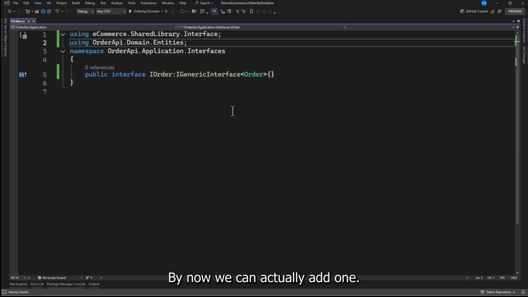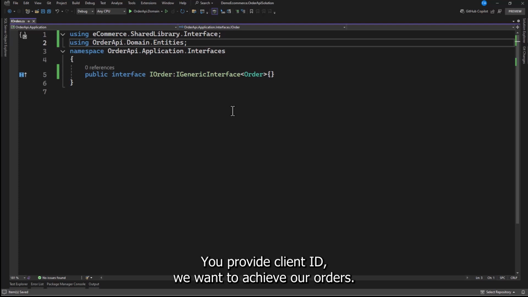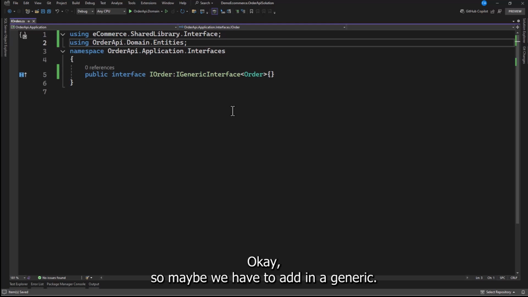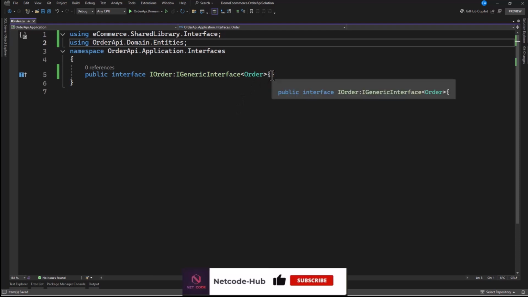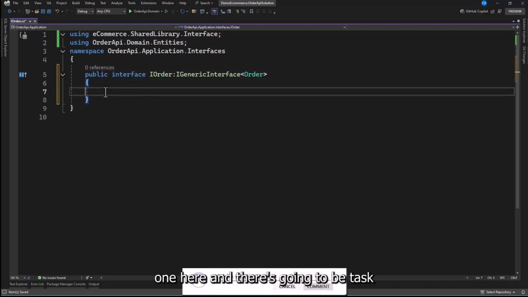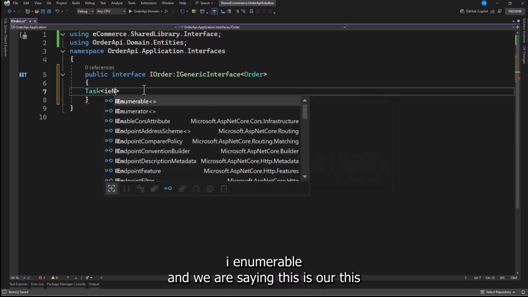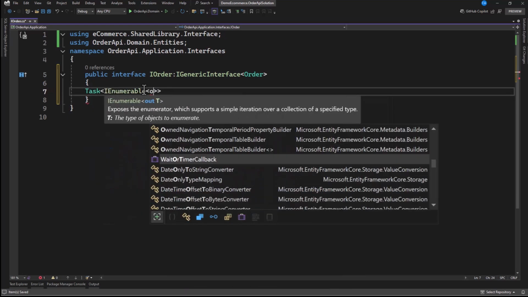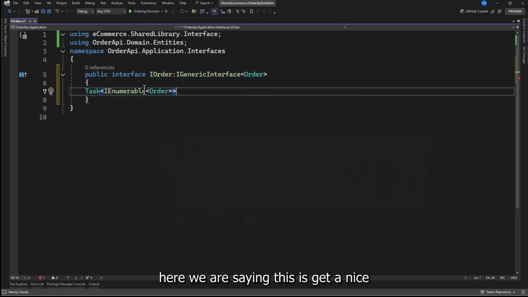But we can actually add one. We can extend this. We want to get orders by ID. As soon as you provide a client ID, we want to retrieve all orders. So maybe we have to add one, and in the generic we do not have that. So this interface is limited to this API. Therefore, let's add one here, and it's going to be a Task of IEnumerable. Now we are saying this is Orders. So this Order,